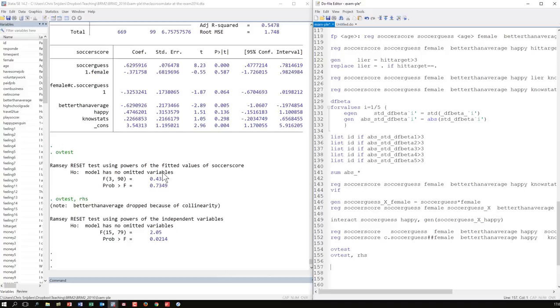You create the predicted values for y, then the predicted values squared, raised to the power of 3 and 4. As a group you add them as predictors and see if that makes a difference. If it does make a difference, then there is a reason to keep trying transformations. Okay, we were in the clear here, there was no problem.